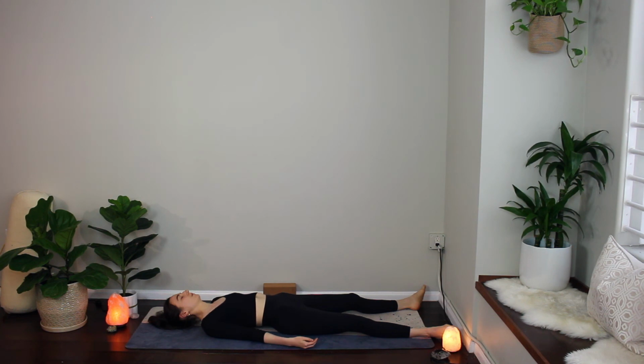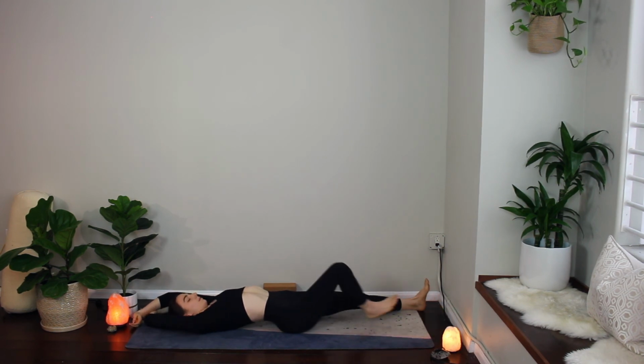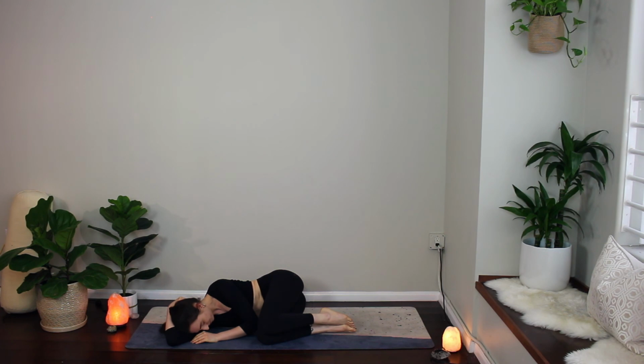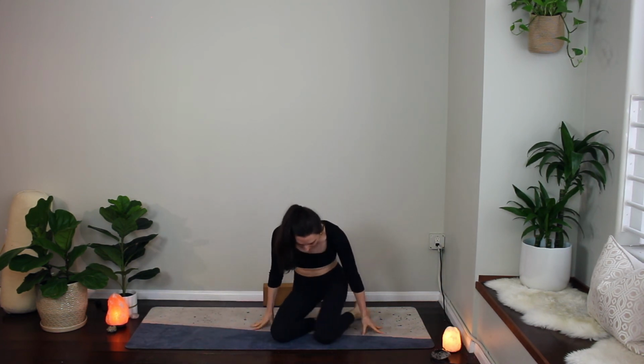Slowly begin to initiate movement back into the body. Maybe wiggle the fingers, the toes, the ankles, and your wrists. Taking a full good morning stretch. And really easily rolling through one side. Just pausing in that supported fetal position, representing that rebirth from the transformational power of our practice, before finding a